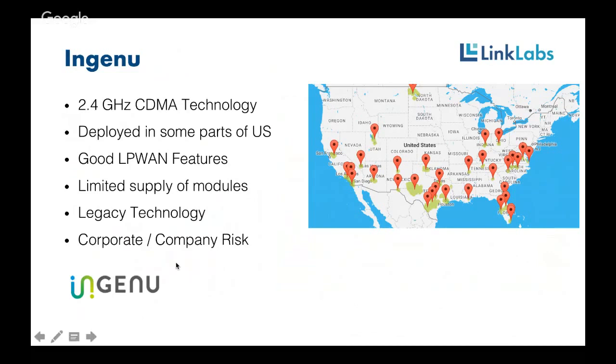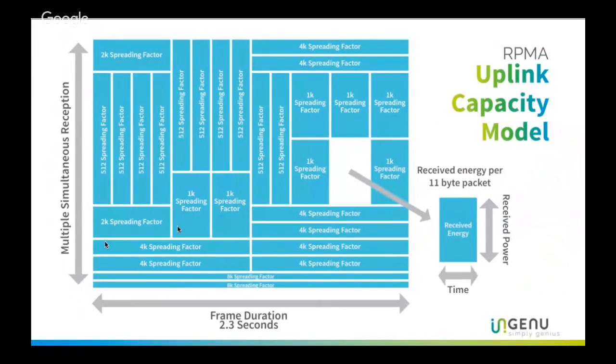I've never worked with Ingenu technology. I see a lot of risk just from a corporate and company perspective. I know that they fired their CEO last week, and I think it's an uphill battle for a company like that to deploy a network to compete against Verizon or AT&T. But I thought they were worth mentioning. Here's a slide I found on their website about how they look at multiple spreading factors and different durations. So a lot of capacity in their cells and probably a lot of great link budget. But again, I think that the business side and their deployment challenges are pretty great.